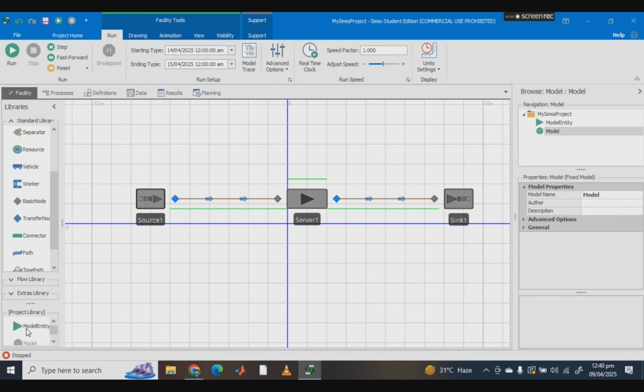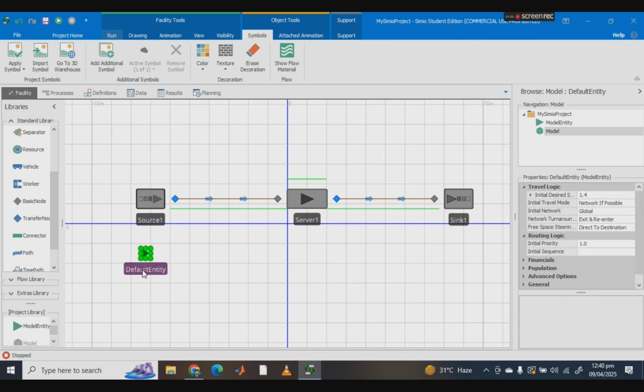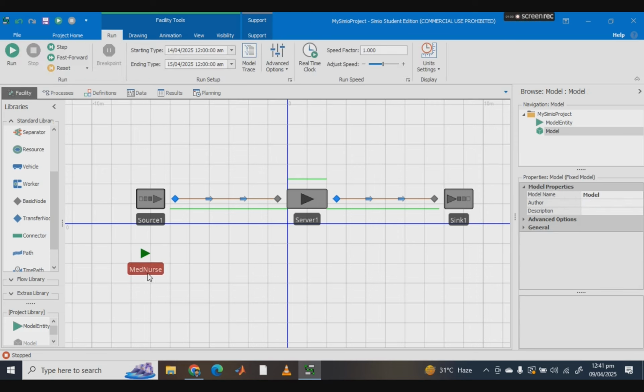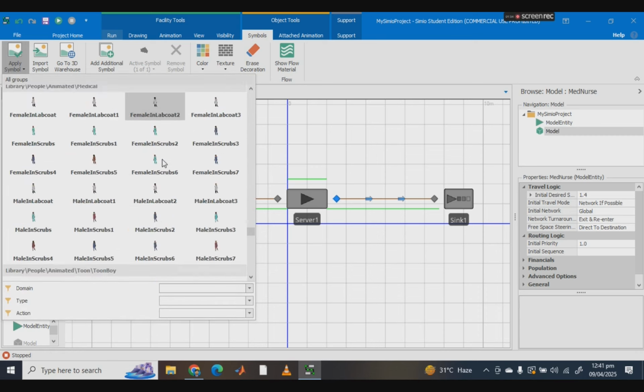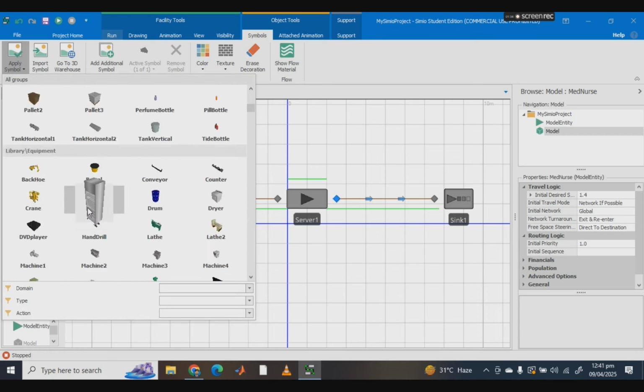So now I have to drag ModelEntity and let's change the ModelEntity name to medical nurse. While changing a name, you do not have to give space between characters, because it will not be applied to any of the objects. Okay, so I have to change the character of ModelEntity. Either you can apply from active symbols already given in the library of Simio default library,